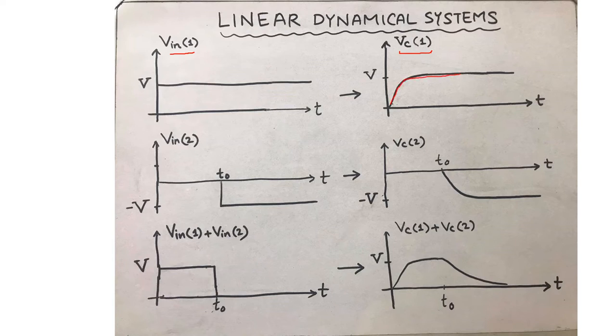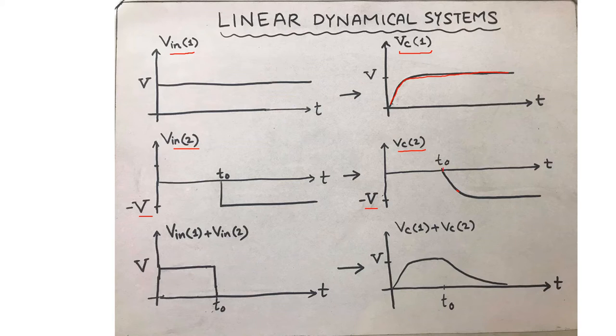The output VC1 gradually rises to the value V. And for V in 2, we have the corresponding output VC2, and it also follows the input, which in this case is minus V. So note that the output will be inverted because the input is also inverted. So the output will try to approach value minus V, and it will start its slide towards minus V at